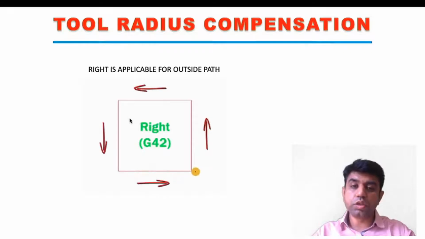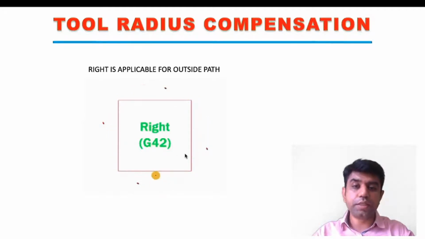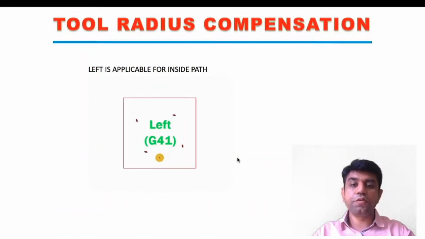because the 0 position will differ as per the different radius of the tool. So for that we are giving this particular command. If we are machining towards the outer surface of the workpiece, then with the help of the G42 command we need to mention the radius of that particular tool. And in the second case, if we are machining at the inside path of the object as shown in this particular figure, if the tool is moving at the inside edges of the workpiece, then we need to give the G41 command, and along with that we need to mention the radius of that particular tool.